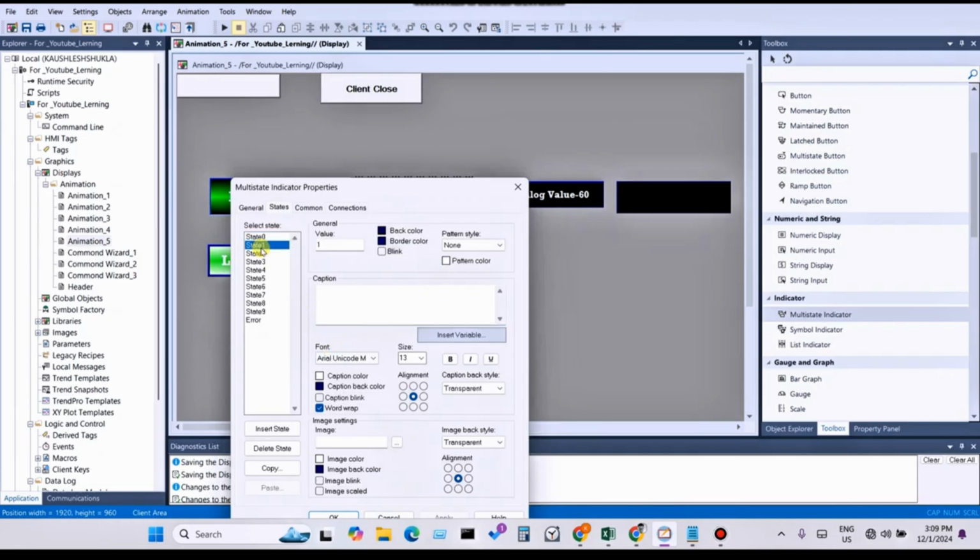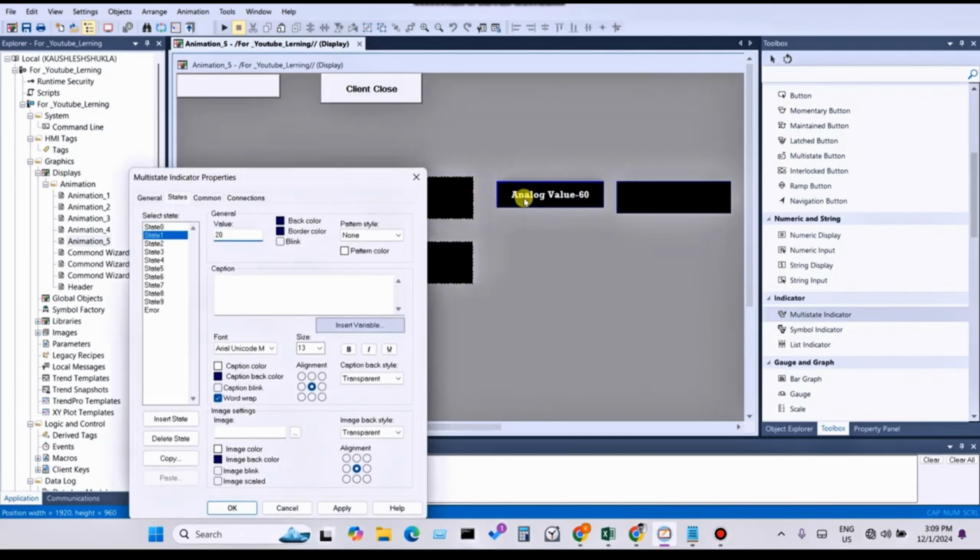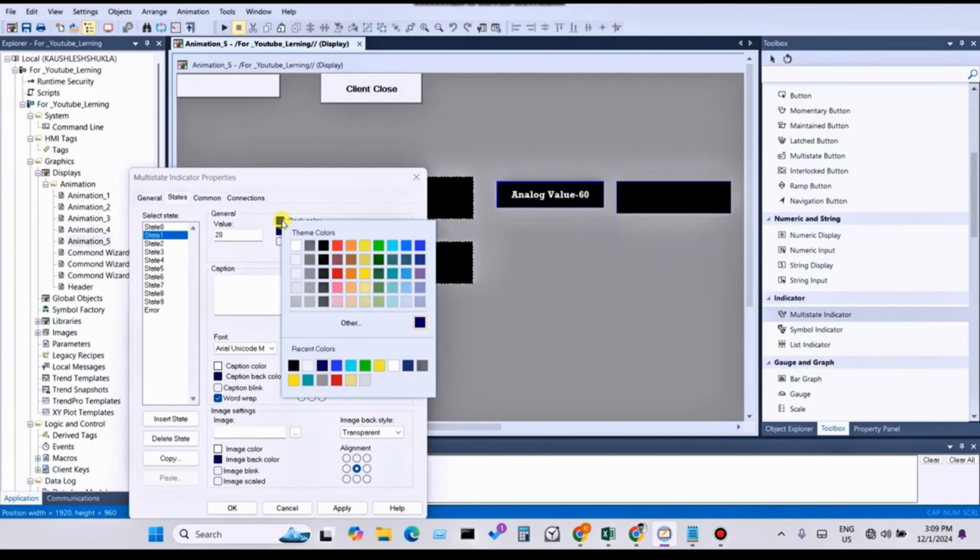So when the state is 1, I choose 20, because of the analog multi-state indication in the multi-state button. So in state 1 I choose 20, so the same value must be the same for the button, the analog value, the multi-state button and the multi-state indicator. So the background color will be